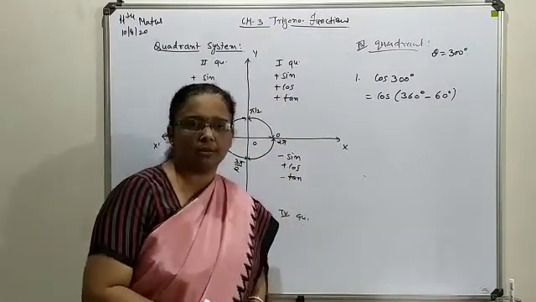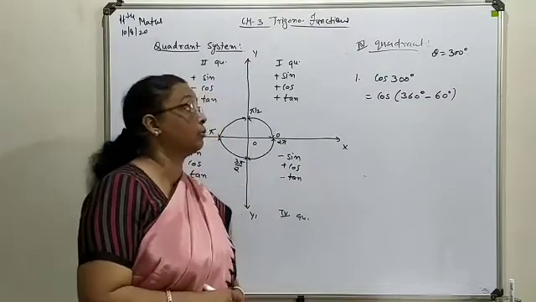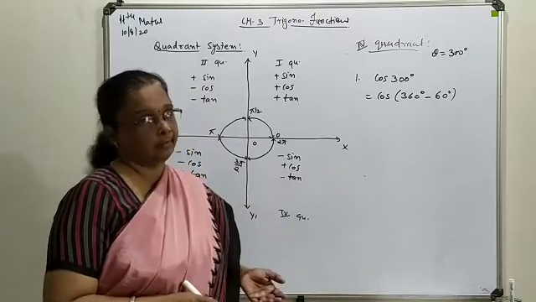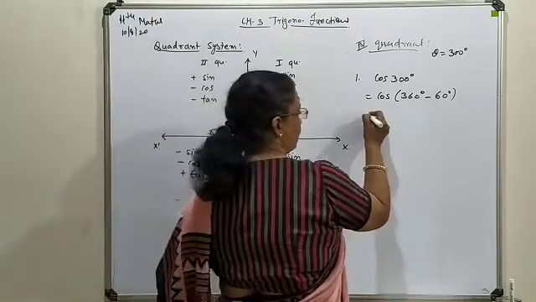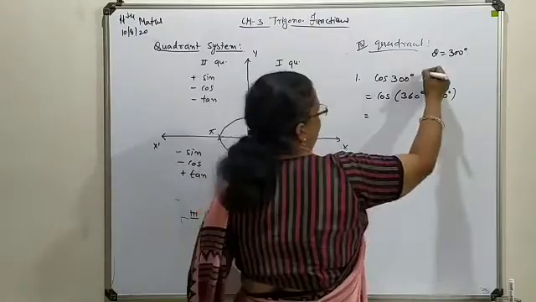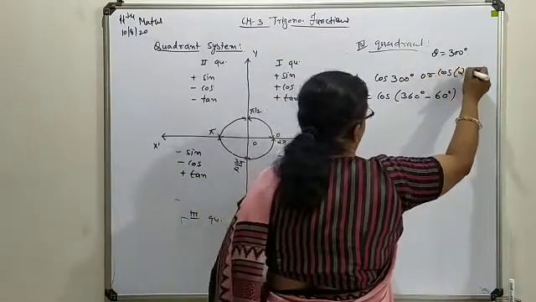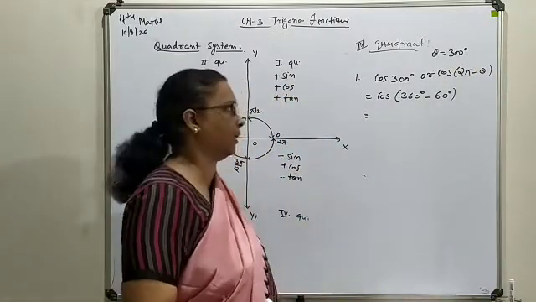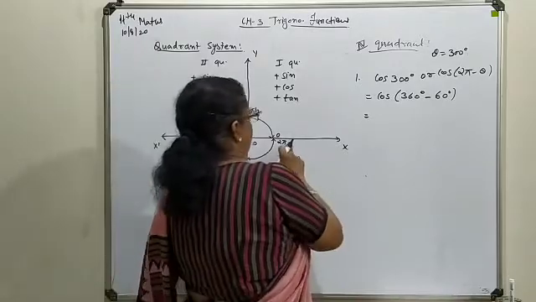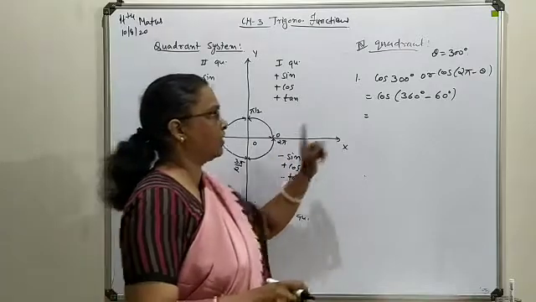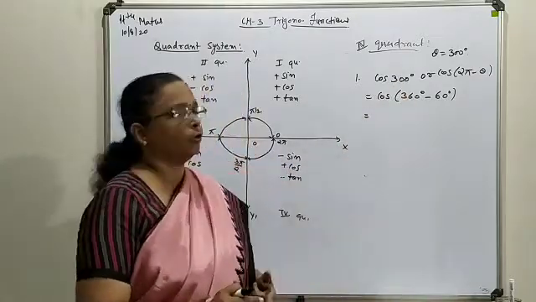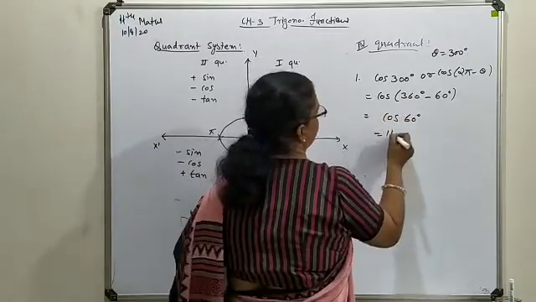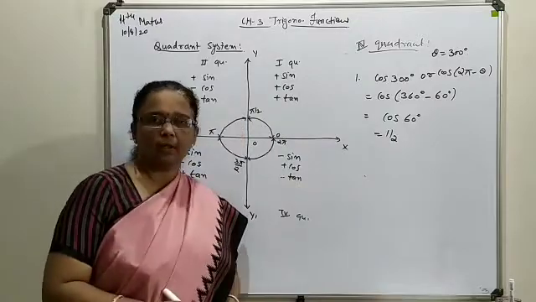While writing the difference or sum, be very sure that it should be a multiple of pi by 2 or pi, not anything other than these two. Now cos of 360 minus theta, or in general 2 pi minus theta, meaning will be the same. Either you write 2 pi or 360, both are the same thing. So here your cos is positive. As you are dealing with the multiple of pi, your term will not be changed. So it will come as cos 60 only, where you have the cos 60 value as half.